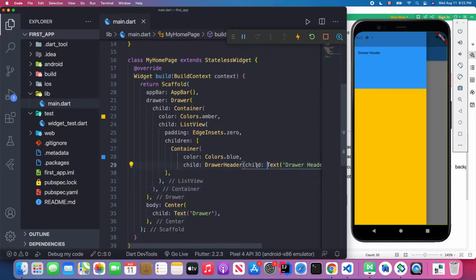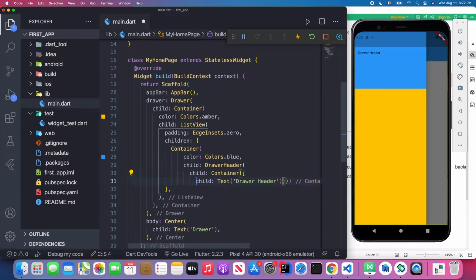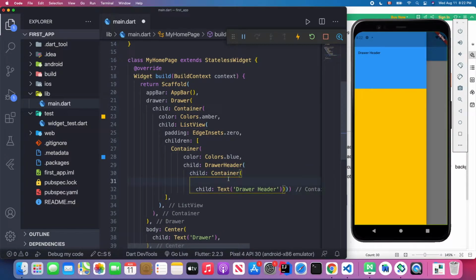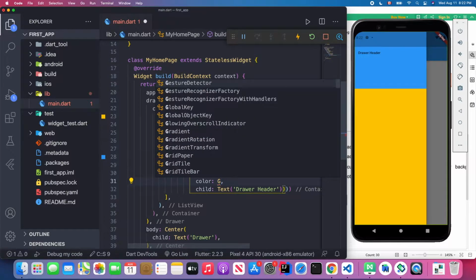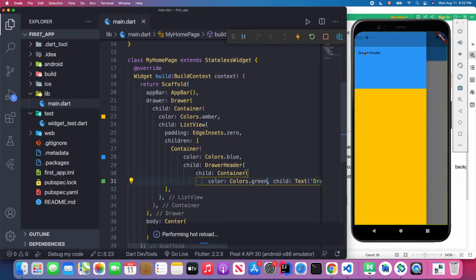And we can wrap it in a container widget so we can see those padding and margin. So giving the container a green color. So when I save, you will actually see those paddings from top and left and right and bottom